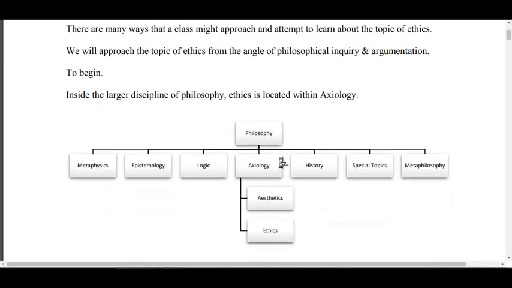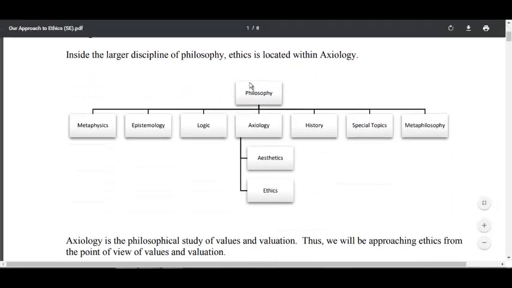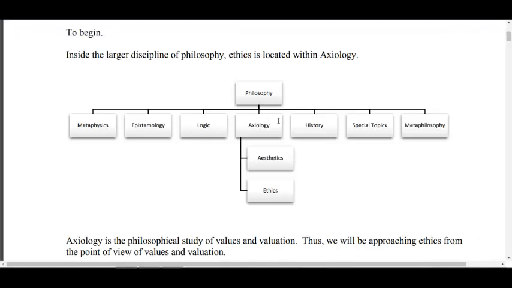To begin, inside the larger discipline of philosophy, this is the root, the core of the tree: philosophy. There is a branch of philosophy, namely this one, commonly referred to as axiology. And inside that branch is ethics. Well, a person immediately could ask, what is philosophy? And what is axiology? What is ethics? Well, axiology and ethics we'll definitely have a handle on by the end of this video, but